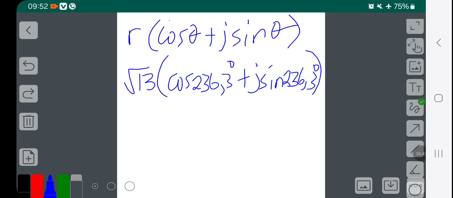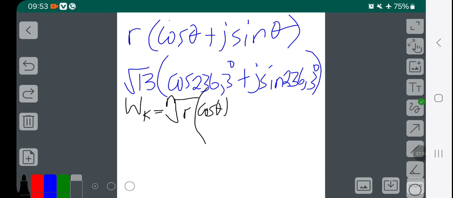Let's go back to our formula now. We are looking for the square root. So what is your formula first? Here, let me write the formula again. So our formula is w_k is equal to the n-th root of r, you can put a bracket, it's going to be cos (theta plus 360 degrees k